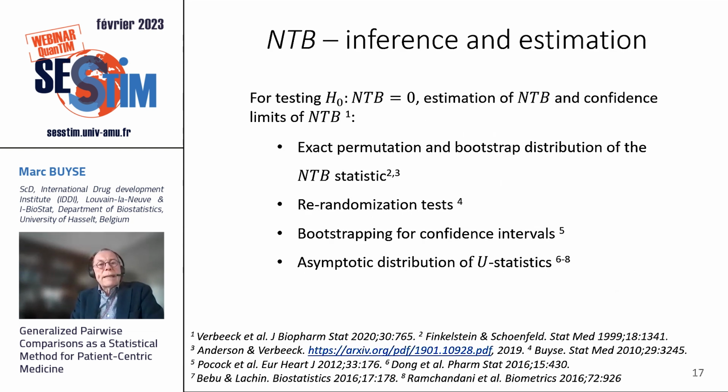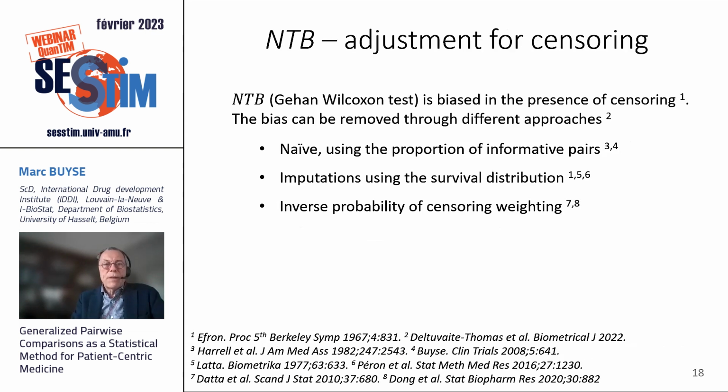I won't go into the details. I said it's very easy to calculate these test statistics, not so easy to do inference on them and to calculate confidence limits for the estimated treatment benefit and so on. The technical details are shown on this slide. You can use lots of approaches for inference and estimation, and here are a few that have been proposed over time, using either permutation tests, bootstrap distributions, or asymptotic distributions of the statistics used. So here are the references, and I won't dwell on this